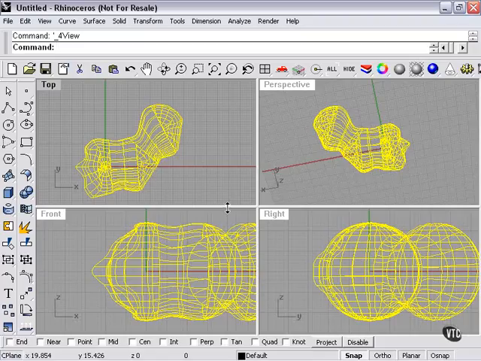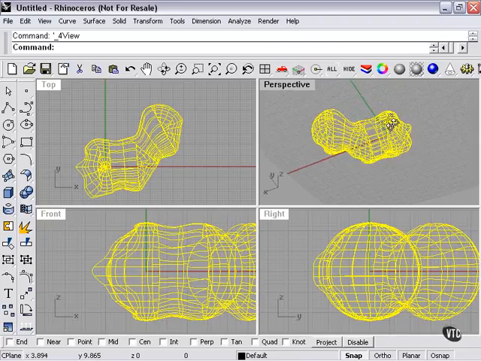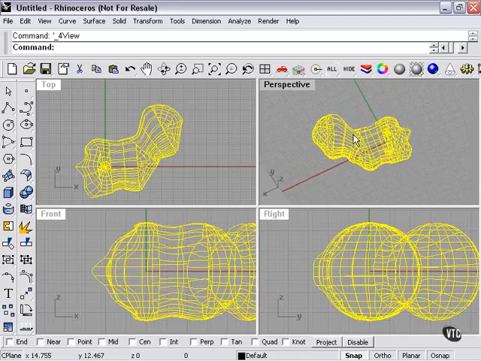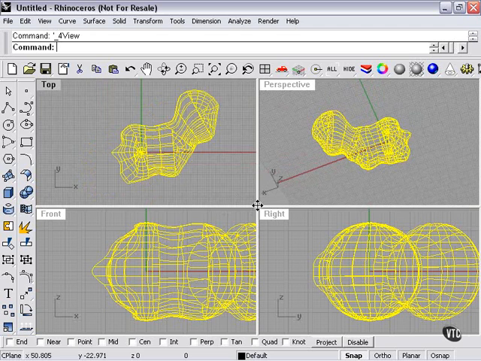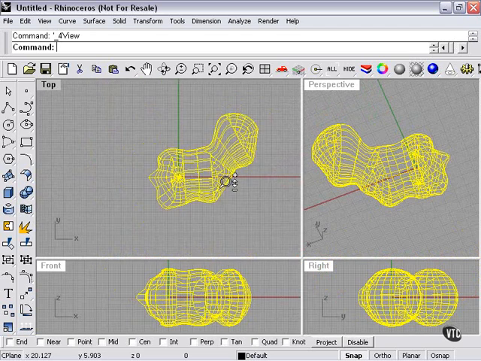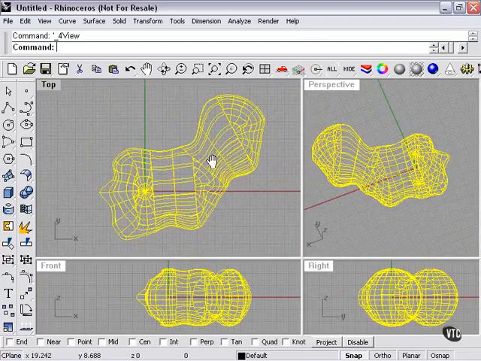In this section, we're still talking about some advanced tools for Rhino. As you can see, we have left over our alien head type shape from the splitting and blending tutorial section. Right now, what I'd like to talk to you about is meshes, and specifically some more techniques for point editing